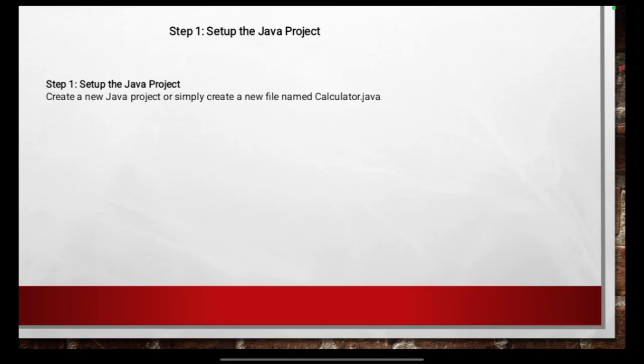Alternatively, if you are working in a simpler environment, you can manually create a new file named calculator.java using any text editor such as Notepad or VS Code. The calculator.java file will serve as the main class for your project. In Java, every application must have at least one class with a main method, which acts as the entry point of the program. By creating and saving the file properly, you set the foundation to write, compile, and run your